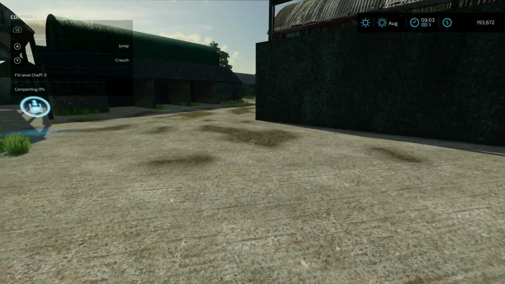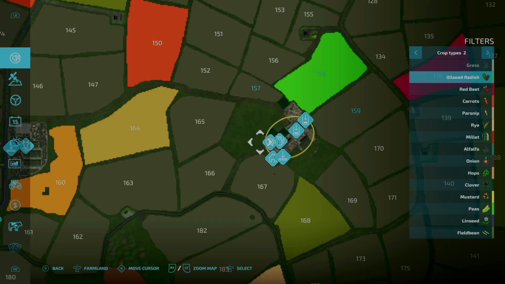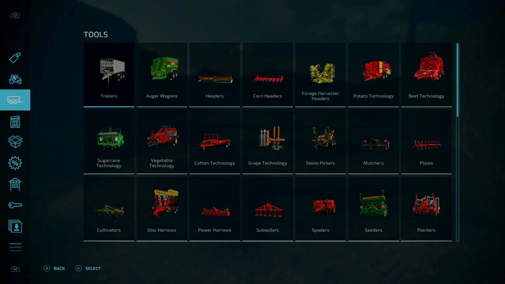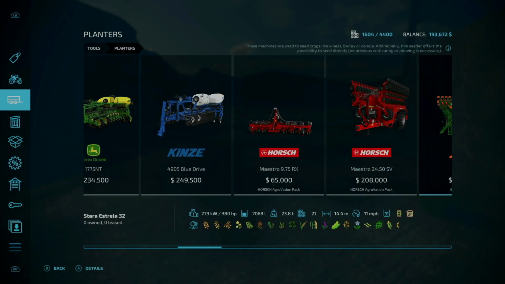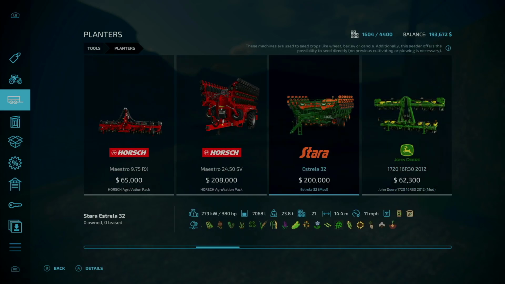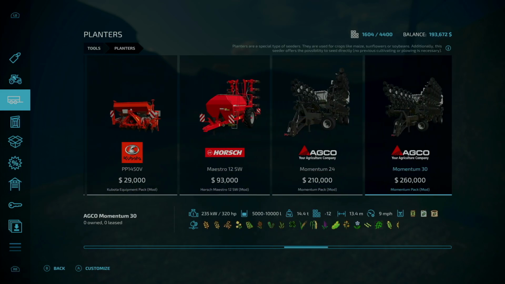Now this one, I'm going to be honest, I'm a little concerned about. I have the premium expansion turned on. You can see red beets, carrots, and parsnips right there. Now if I look at the planter category, those should be showing up here. I don't see them. So I'm not sure what is going on here. I have certain modded planters that will have it as an input. You can see here the Kinsey multi-fruit planter. That one's there. But for some reason,